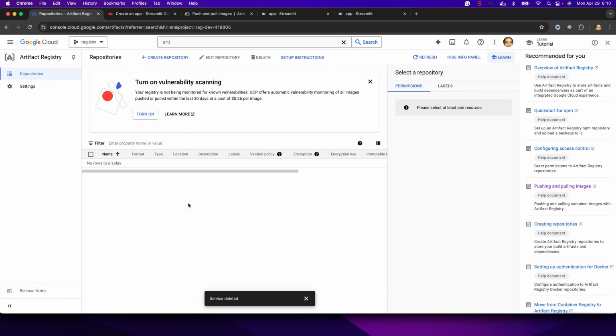So I will be checking this code in my GitHub repo, and providing you with a link in the